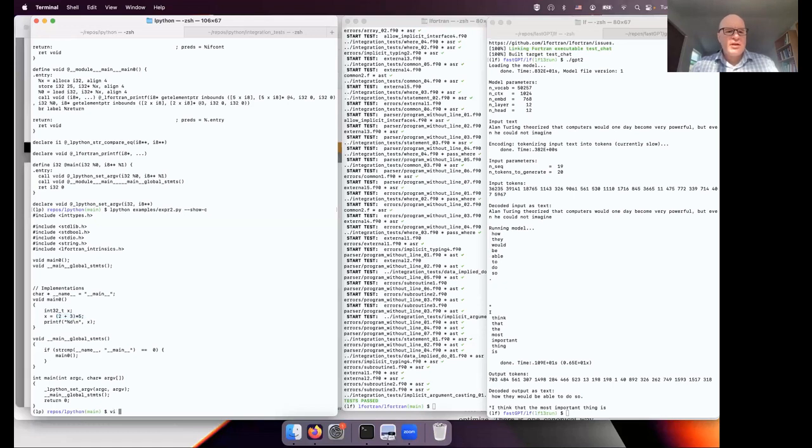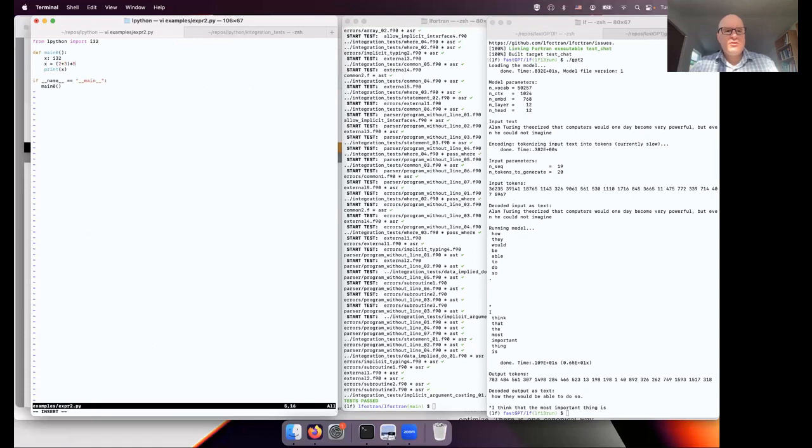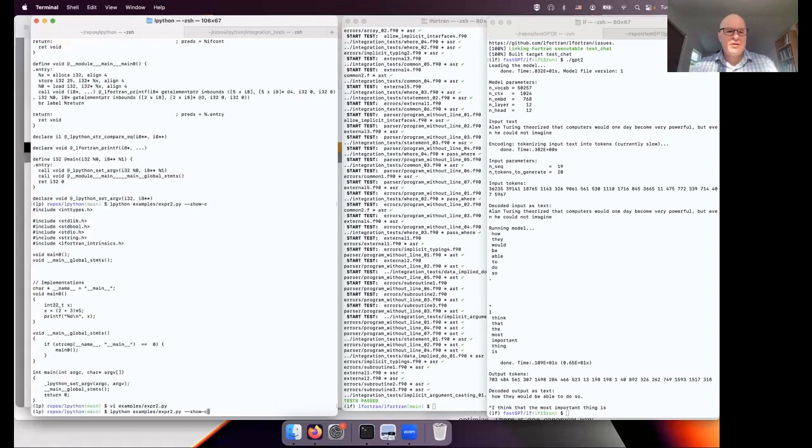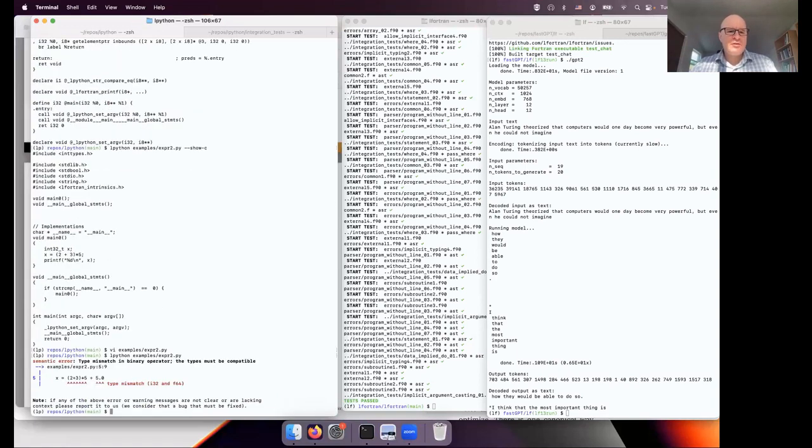Then let's look at an example: let's say you are coding in Python, and let's say you make a mistake. So let's see what happens. Let's just call LPython on it. And you can recognize we borrowed error messages from Rust. We like how Rust does error messages, so we try to follow the same approach. In this case, it tells you that the types on the left and right are mismatched. It tells you even what the types are, and you have to change it.